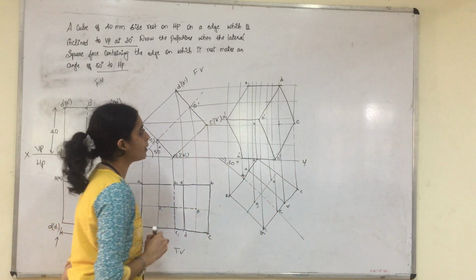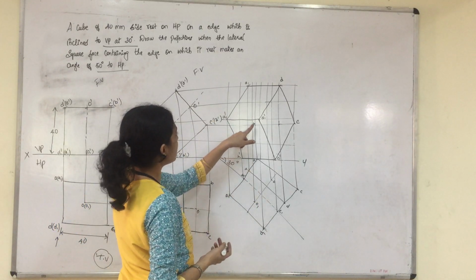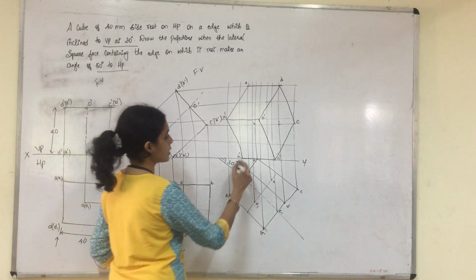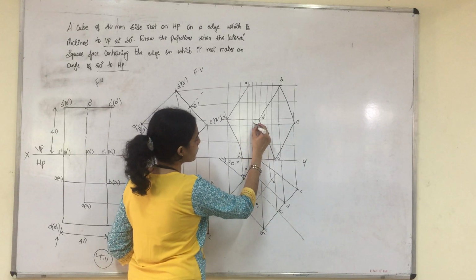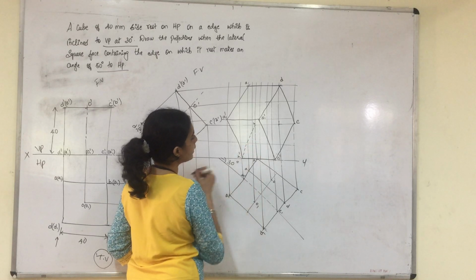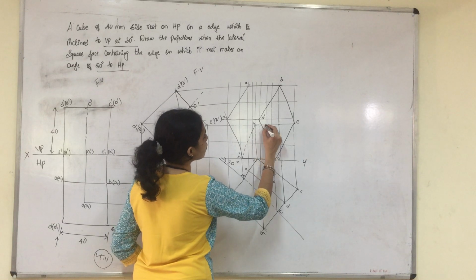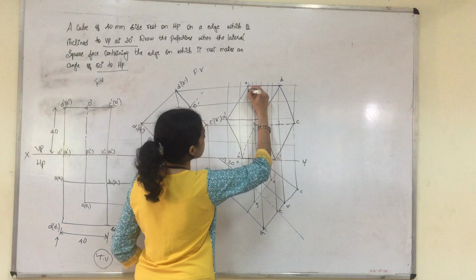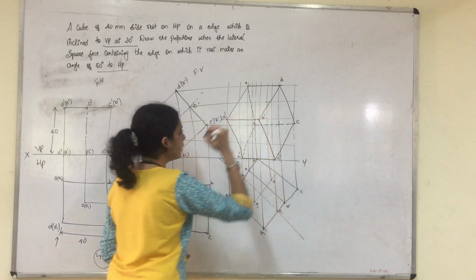Right? So apart from that, what's happening here is we have one more edge which is passing through inside the surface. So you can see B1 dash to B is passing through inside the surface. So please make this a hidden line. So this projection coming through hidden will always be hidden. So you make this also hidden. B to A also as a hidden line.